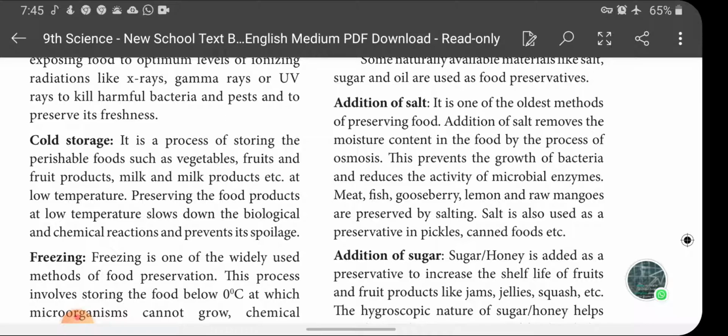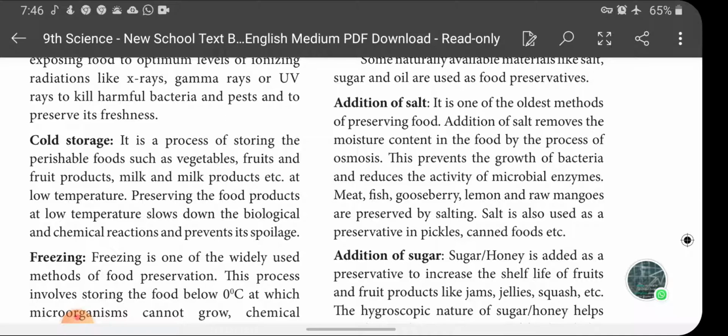So here, addition of salt. It is one of the oldest methods we know very well. In olden days, meat and fish were preserved by using salt. Okay, children, how does it preserve? How the salt preserves the food from spoiling is the question. When we add the salt into the food substance, it causes dehydration of water by osmosis. You know what is meant by osmosis? Movement of water molecules from higher concentration to lower concentration, right?